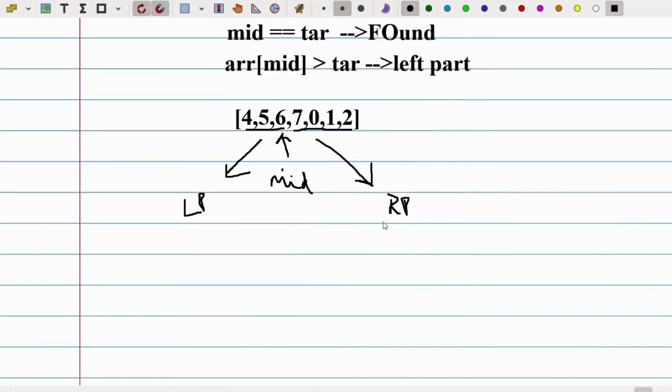So how can we check whether the left part is sorted or the right part is sorted? If our array of start is less than our array of mid, then we can say that the left part is sorted. As you can see, array of mid is 6 and array of start is 4, and